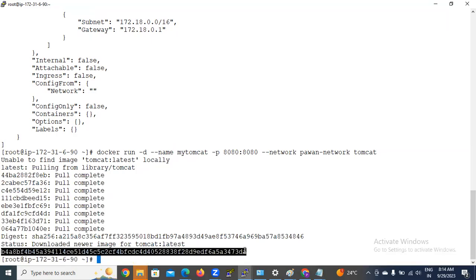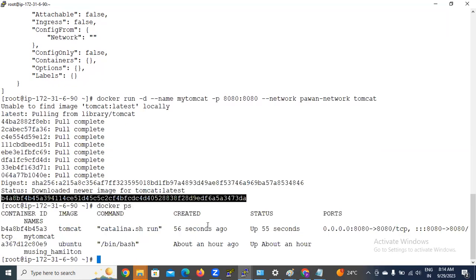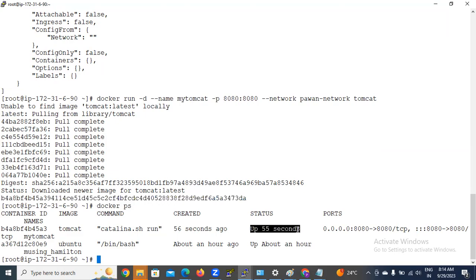What is the container ID? Run docker ps, it will trigger this command. What happened? This was created 55 seconds ago, right? Just now. So